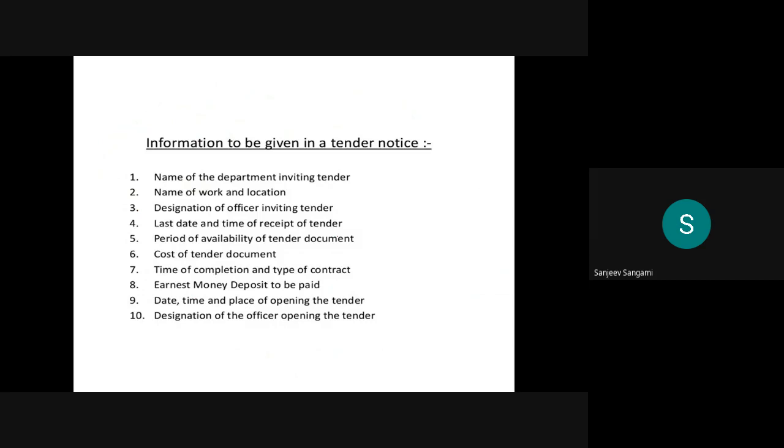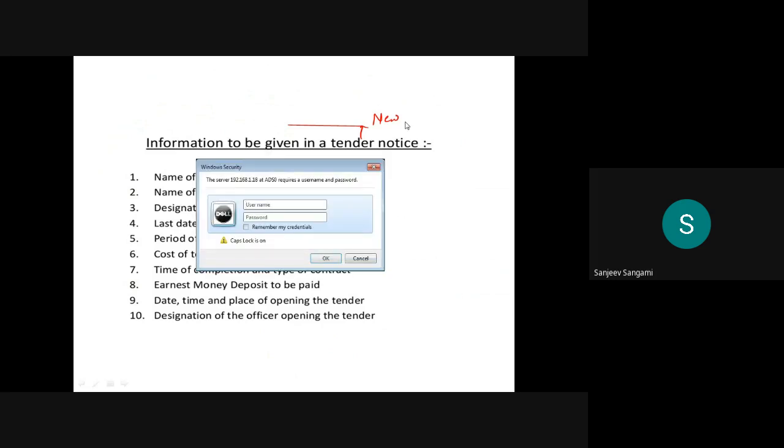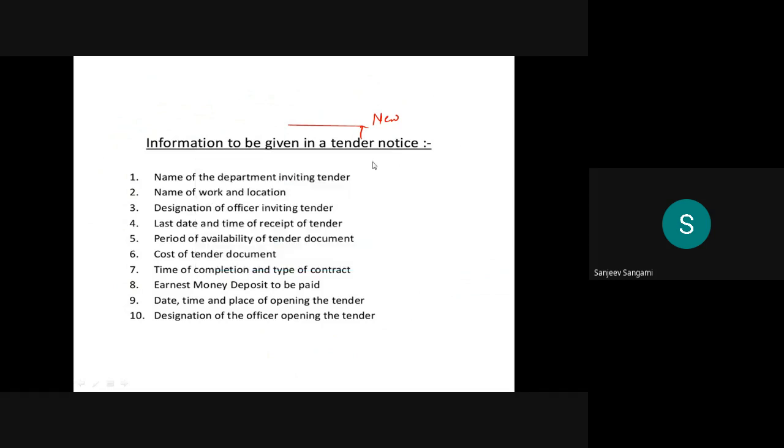Then information to be given in a tender notice. A tender notice has to be given in the newspaper.